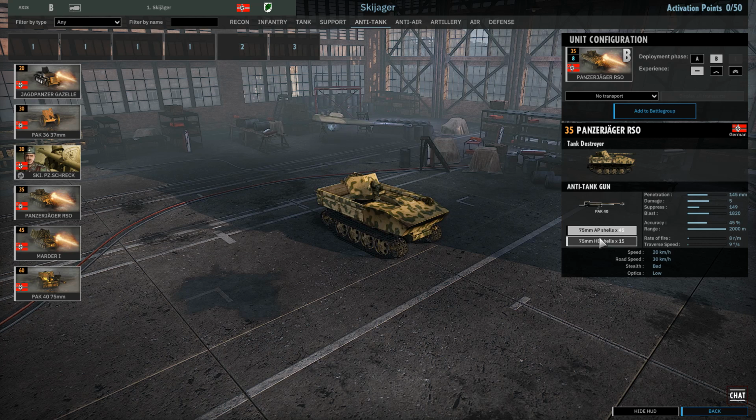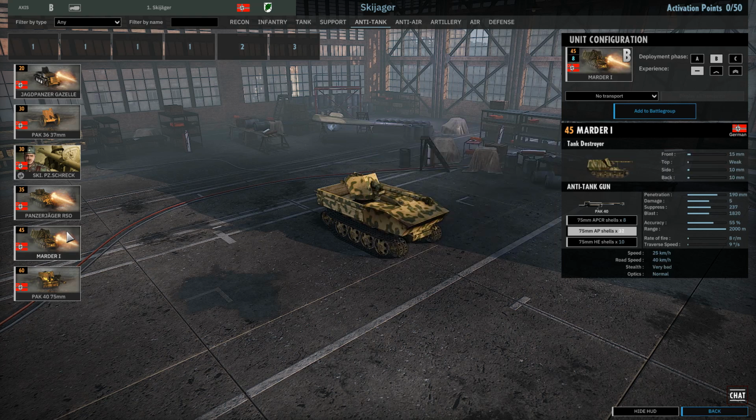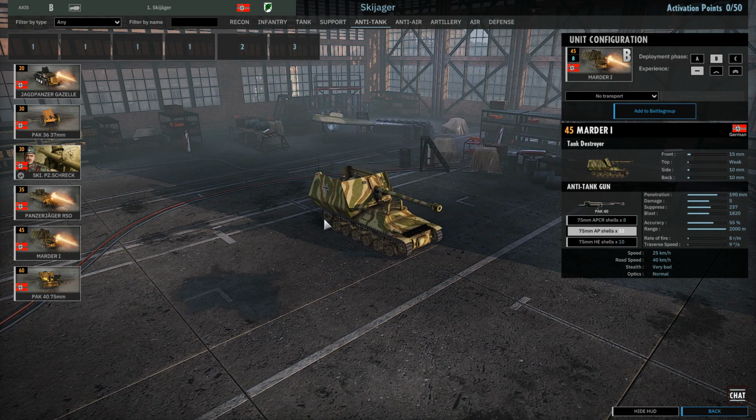And also, the real problem with the Skijager RSO is that you can just get a Marder instead. And the Marder is pretty much better in every regard for 10 points more. It's faster. It actually has armor, where the Skijager has 0 armor whatsoever, so machine guns can kill this thing, which is not preferable in the slightest. And also the Marder has APCR shells, and 8 of them, so...